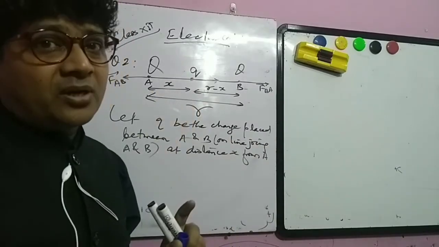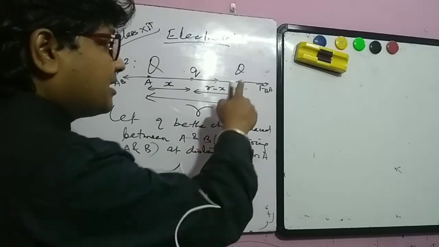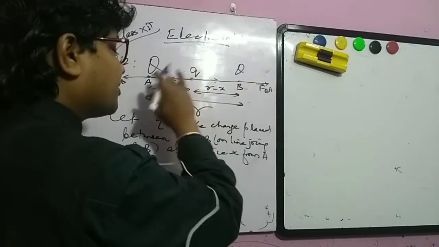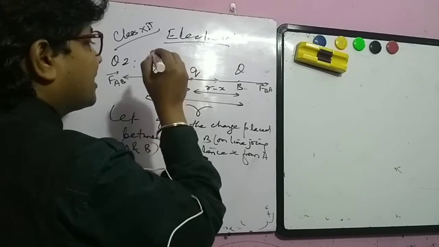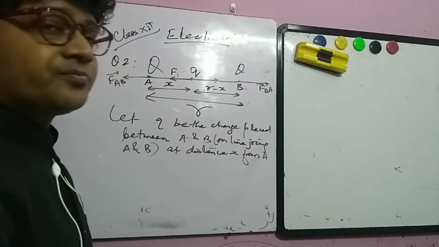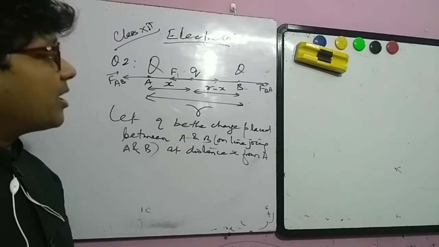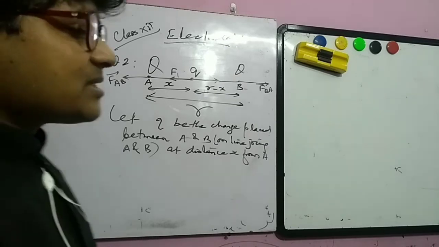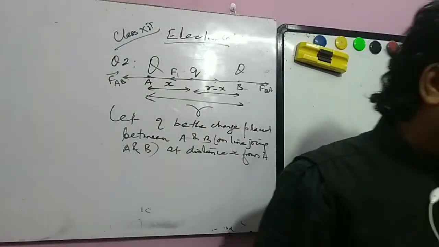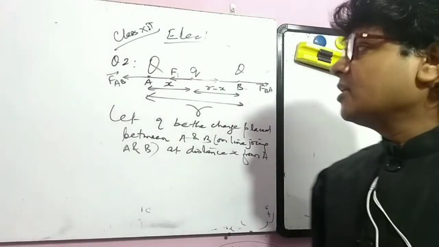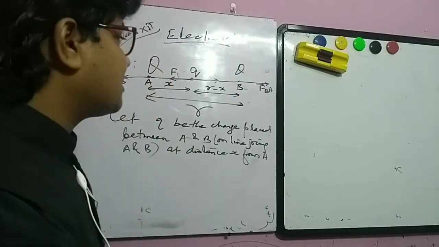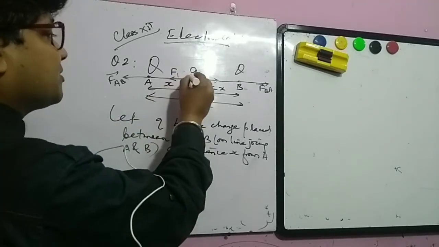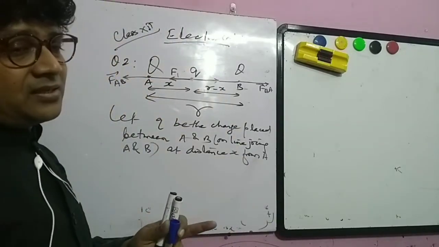तो आपने चार्ज क्यू ऐसे जगह पे रखा है ताकि ये बैलेंस रहे. यानी कि अगर हम इस फोर्स को ले रहे हैं तो इस डायरेक्शन में एक फोर्स ऐसा आना चाहिए, this force must be acting in this direction, और हम इसको F1 कह दें कि ये दोनों फोर्स बराबर हो, ताकि हमारा सिस्टम बैलेंस रहे। ठीक है, तो अब हम ये कैसे कर सकते हैं, इस प्रॉब्लम को सॉल्व करने के लिए। तो अब देखिए यहां पर हम इसकी पोजीशन ऐसा रखते हैं कि दोनों पर इक्वल फोर्स हो। अगर आपने q चार्ज यहां पर रख दिया इस पॉइंट पर, तो ये बैलेंस सिस्टम में तभी रह सकता है,